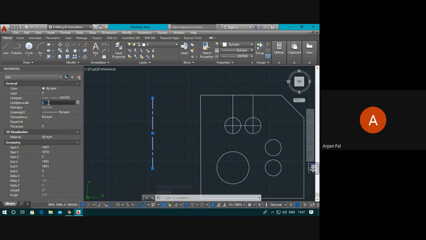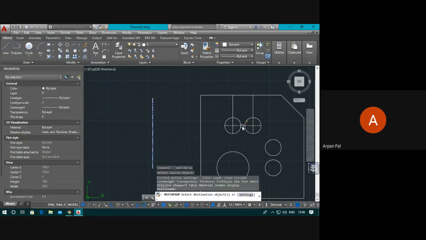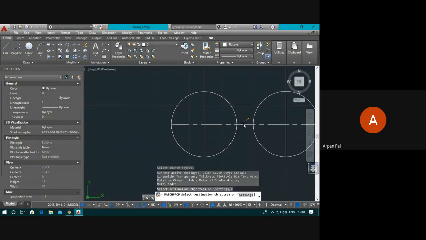This one is 0.2, the gap reduces more. So normally now if this kind of dash line goes through this one, then it may be possible that it is visible. You click on here, you click on this line also, you click on this line also.